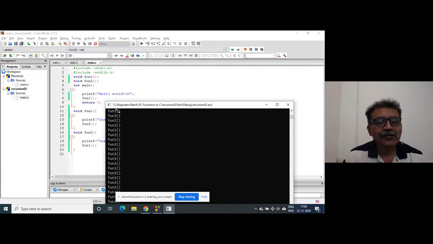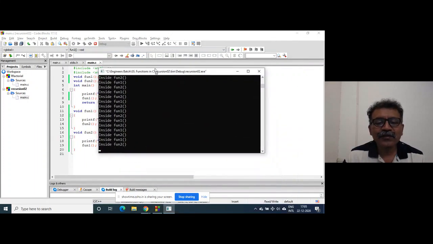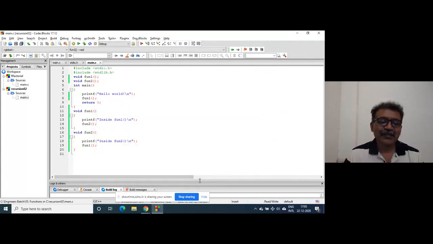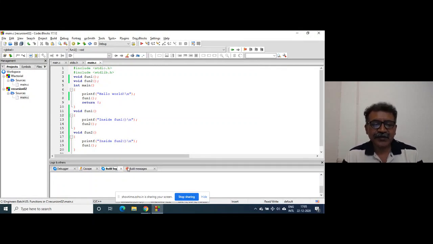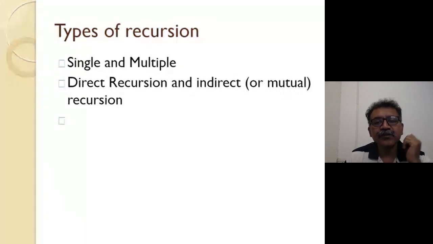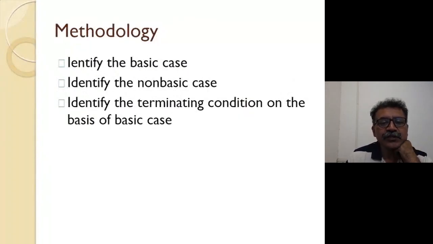Got that? So fun1, fun2, fun1, fun2, fun1. It will never stop. I have to abort that. Fine. Single, multiple, direct, and indirect. It is also called mutual recursion, because mutually they are calling each other.